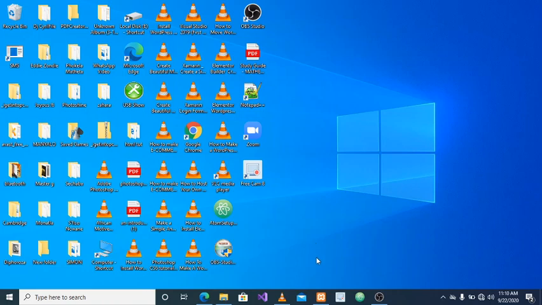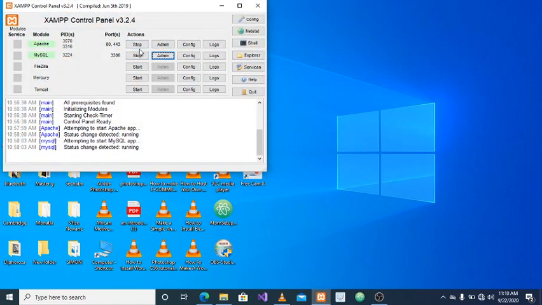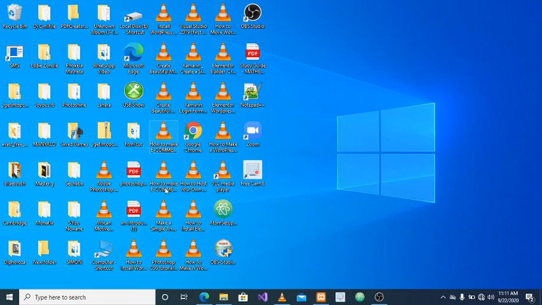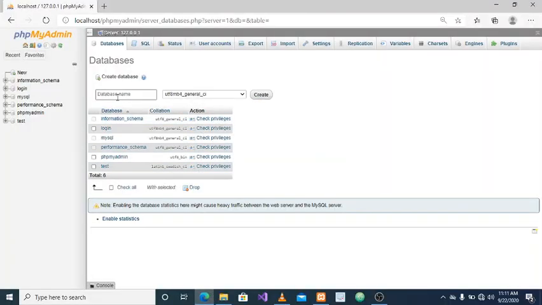Today I'll be showing you how to create a database in phpMyAdmin. So first of all, you have to make sure you start the first two: you start Apache and you start MySQL. Then from there you click phpMyAdmin, so you click this Admin, then it will take you to the phpMyAdmin page,